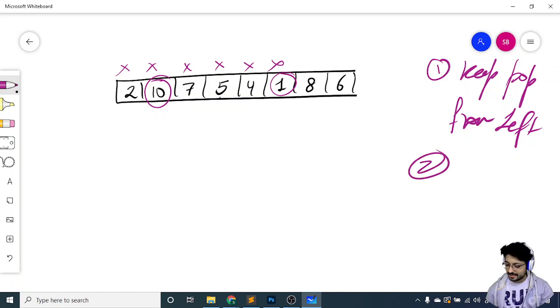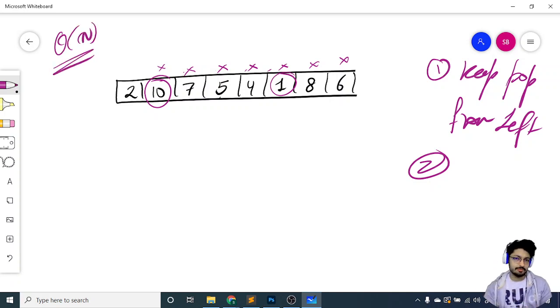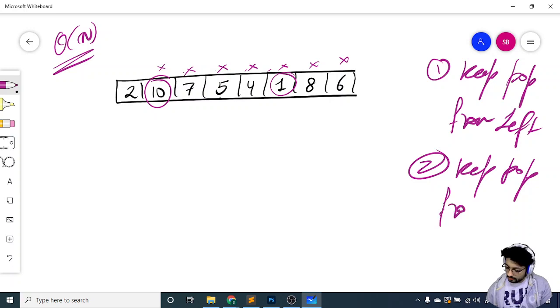The next can be to keep popping out from the right itself. This is the same thing. What you can do is just pop out the last element, then this element, and keep popping out till we pop out both the maximum and minimum element. We can find out the maximum and minimum element indexes in O of n in the start only, so that we know at which position they are, so you can directly pop them out. So that can be one of the approaches. Keep popping from the right.